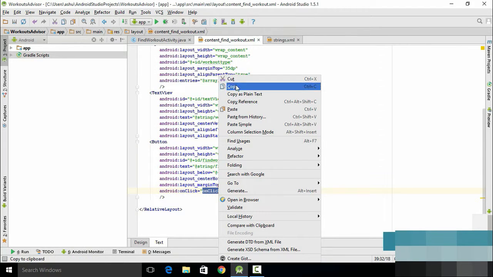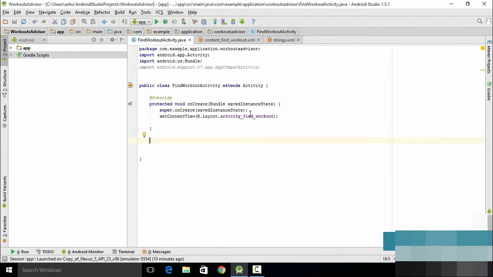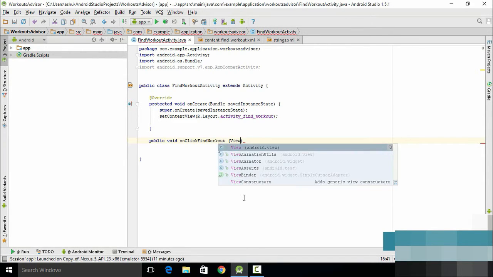So we simply copy it, go back to our Java file, and we type in public void. As this method is not going to return us anything, we declare void, and then we type in the method name which is onClickFindWorkout, and we are going to specify a parameter as View. So we type View,